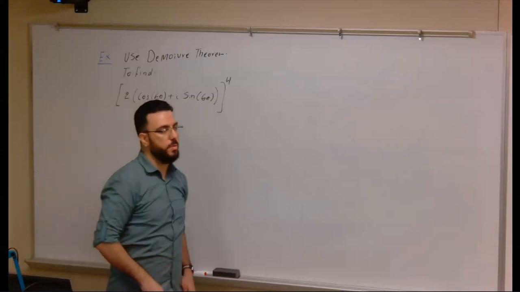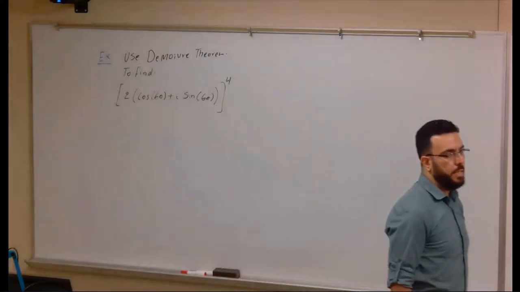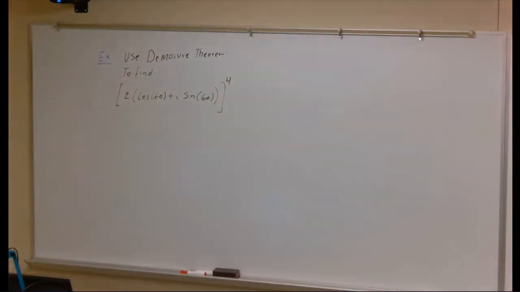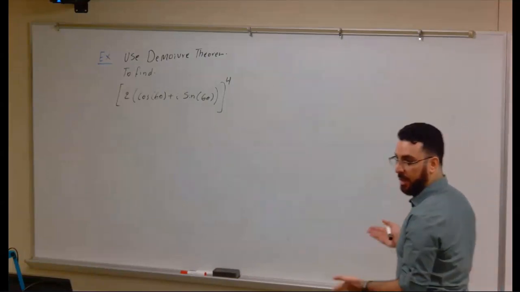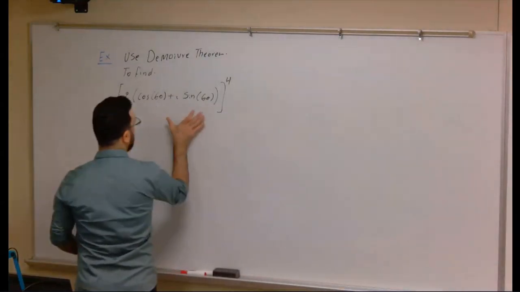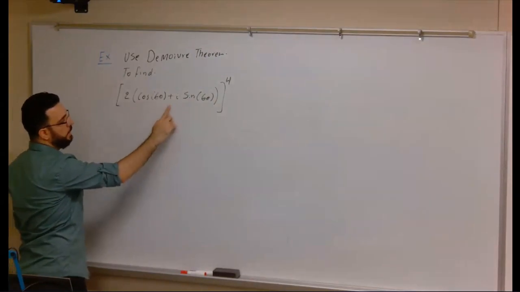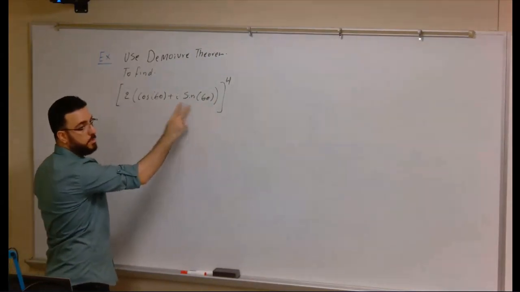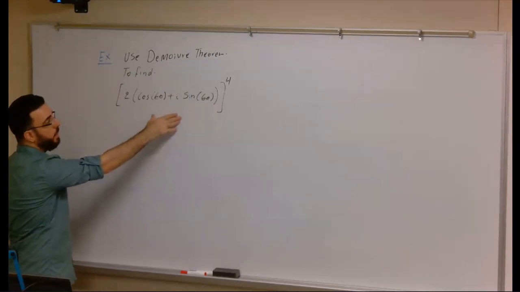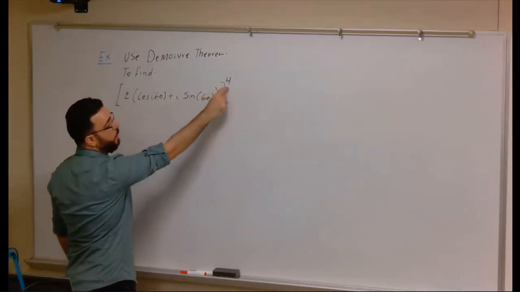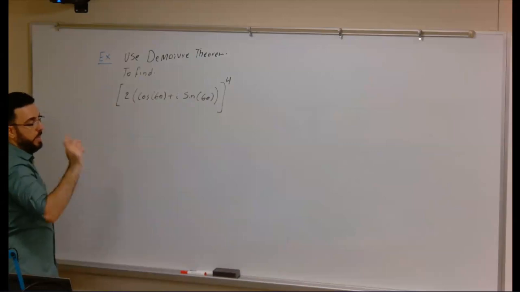Let's use DeMoivre's theorem to find, you see what we have between the two brackets, a complex number. This is a complex number. This is the R cosine theta plus I sine theta. So don't confuse yourself. It's a complex number. We need to find this complex number to the power of 4. So by using the theorem